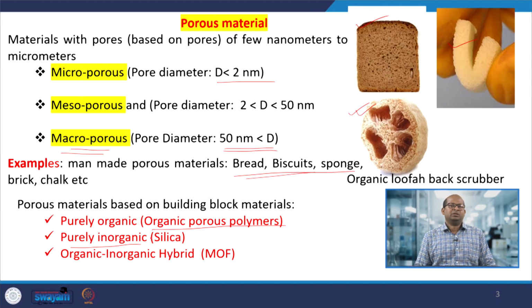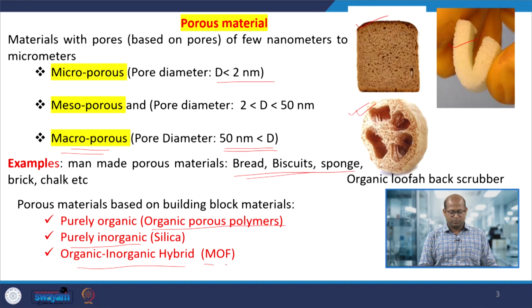Silica, SiO2, is one example, which is purely inorganic and consists of various types of pores. Alumina is another example of a purely inorganic metal oxide, which has pores in the material. There are also hybrid materials, where both organic and inorganic precursors are used to develop a porous material,